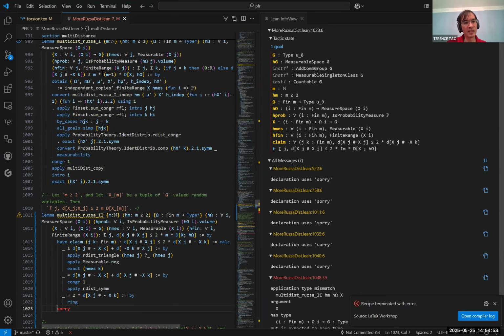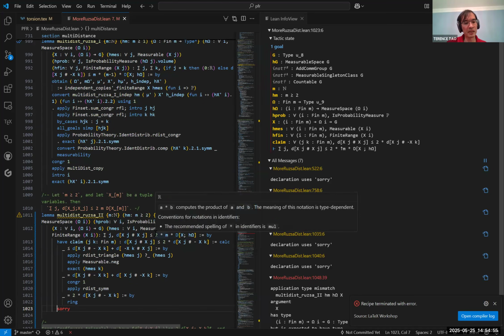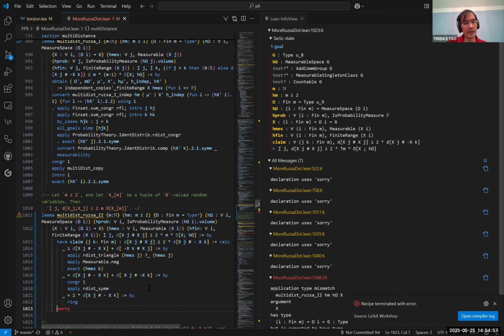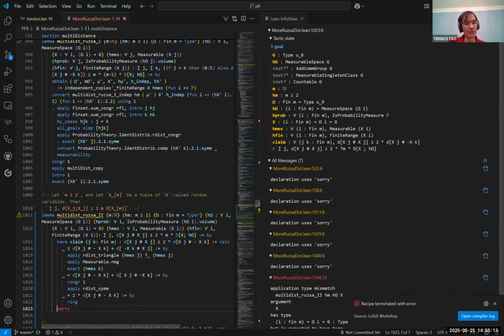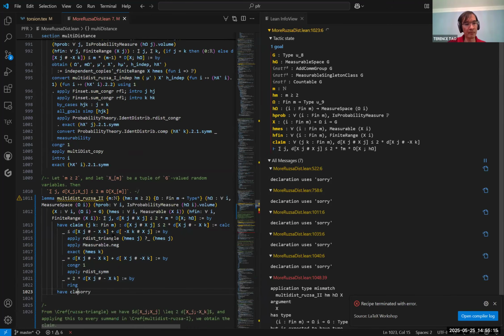And this is an m-1 here, and here there's a 2 times m. So I think what I need to do is to first sum this inequality over all j and k which are not equal. So I'm going to have a second claim that if I sum over j and I sum over k, and then